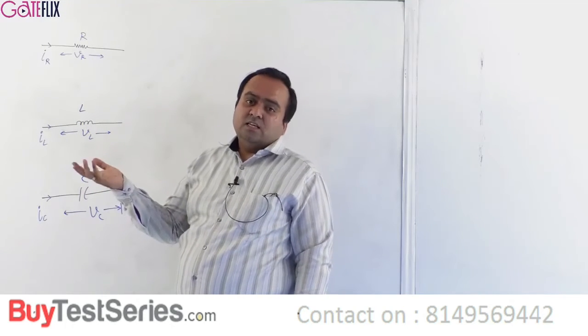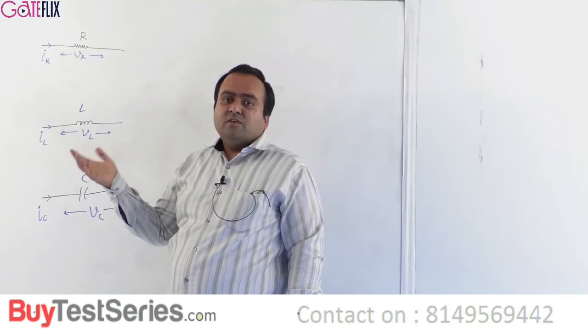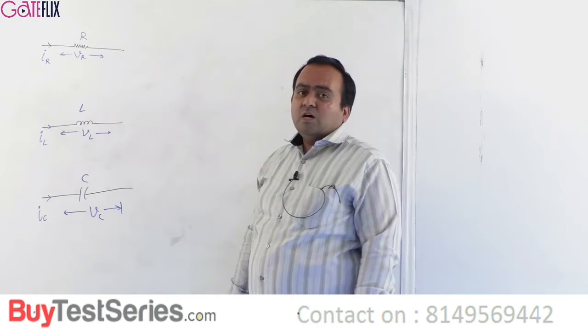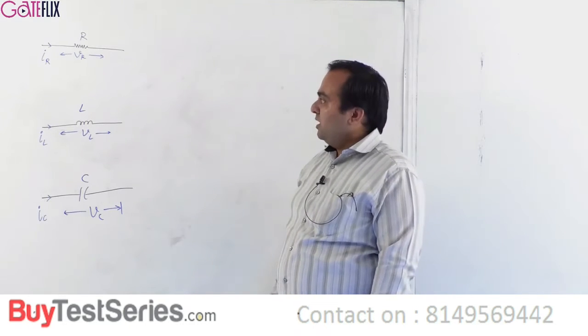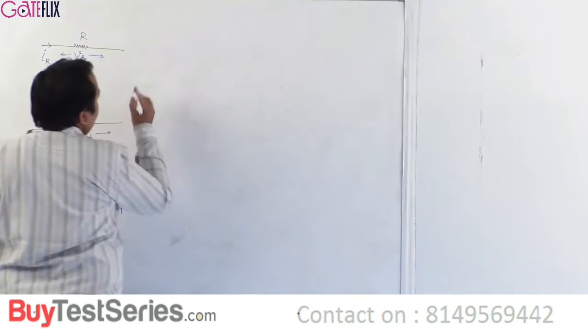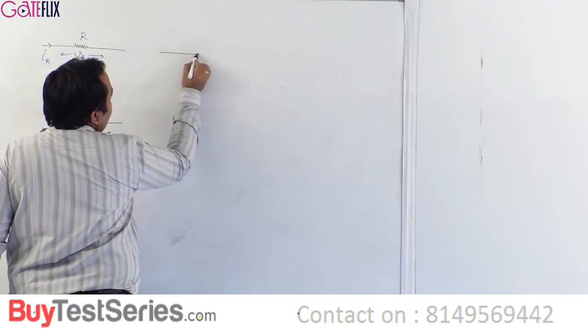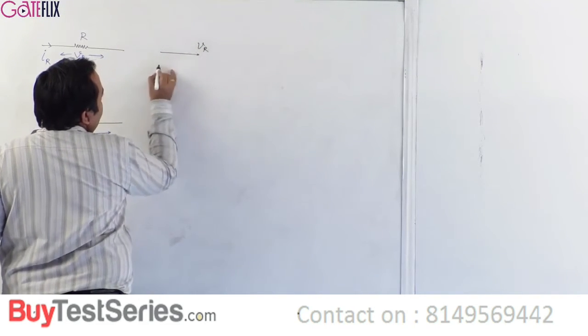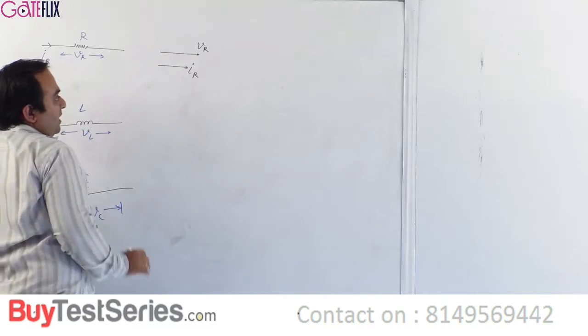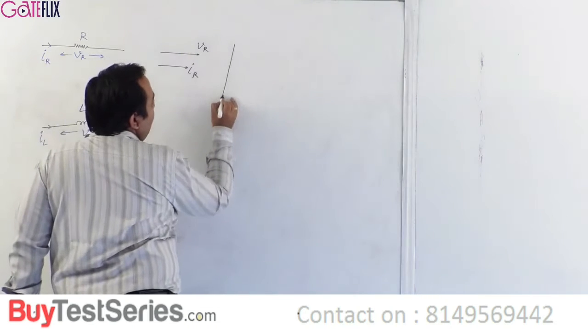It is not very necessary to represent it. We will not represent it. The voltages will be written without any polarity. Is this okay? Now you are all aware of this. Here VR and IR, if this is VR, then IR will be in phase with this. Alright, so if you have